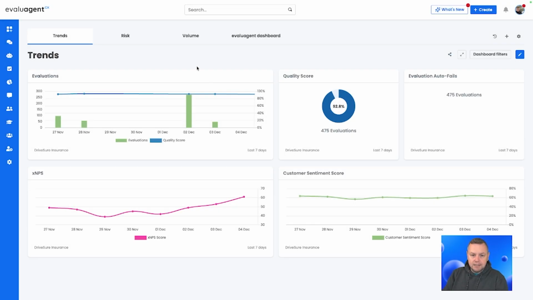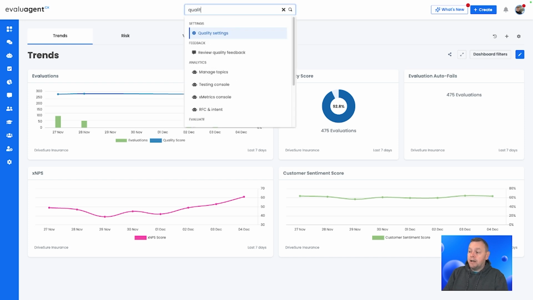So in this video, we're going to look at how we build generative AI automatic line items for our scorecards. So let's jump into it. Now, what we're going to be doing here is building an automatic line item that can score either a yes, a no, or a non-applicable. So the first thing that I'm going to do is set up our scoring template that will allow for those